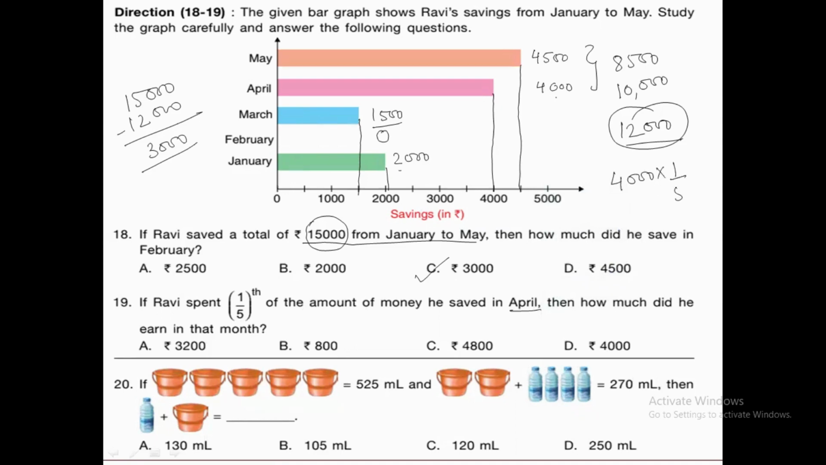We need to find it like this. If we divide 4,000 by 5, how many times? 5 8s are 40, so 800. Okay, so how much did he earn in that month? So what we have to do here, we need to subtract 800 from 4,000. Okay, so what are we getting if we are subtracting,